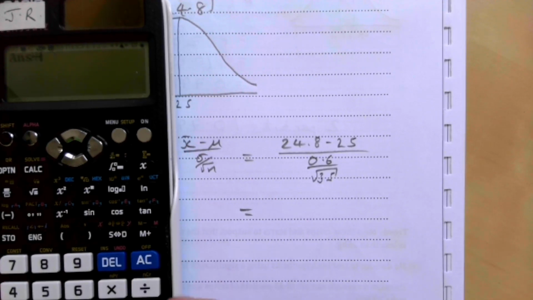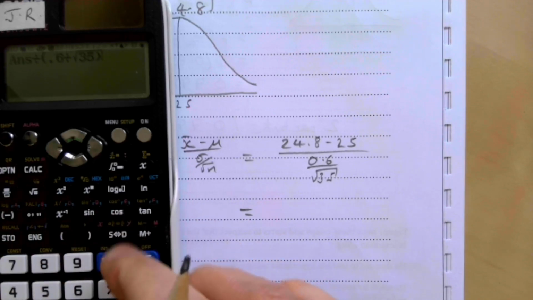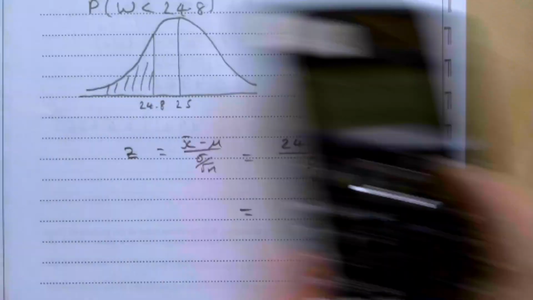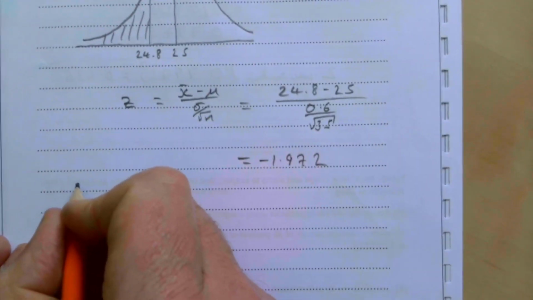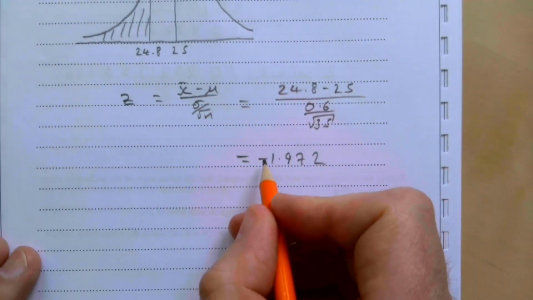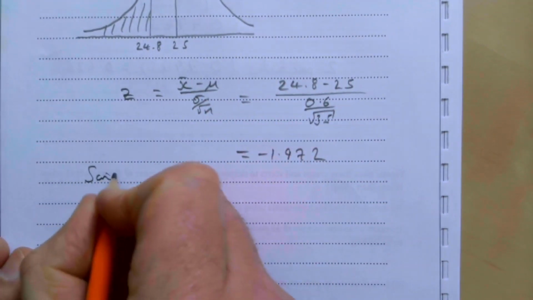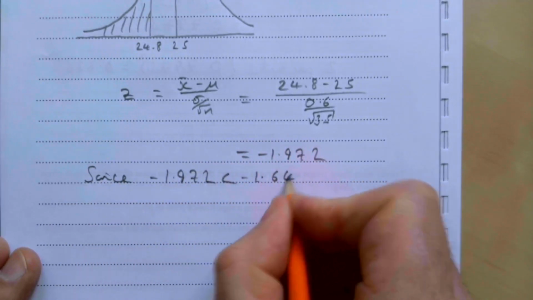And then the answer divided by, let's stick a bracket in here just in case, 0.6 divided by the square root of 35. That's minus 1.972. So obviously we were looking for it to be less than minus 1.645. So since minus 1.972 is less than minus 1.645,